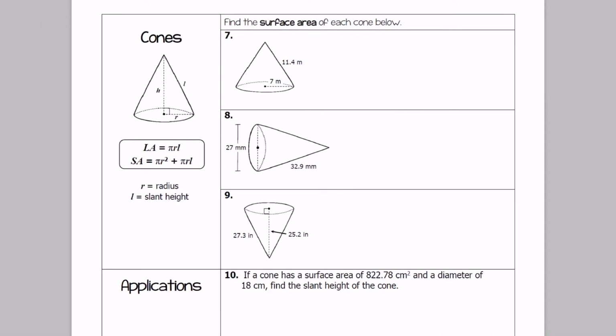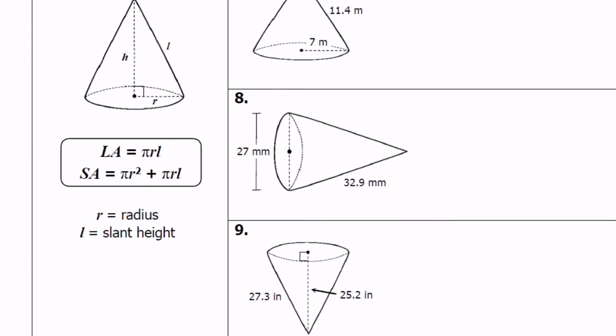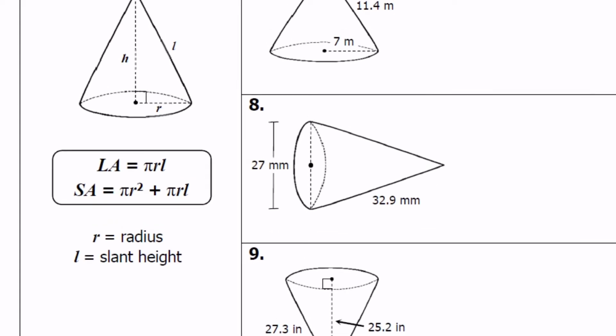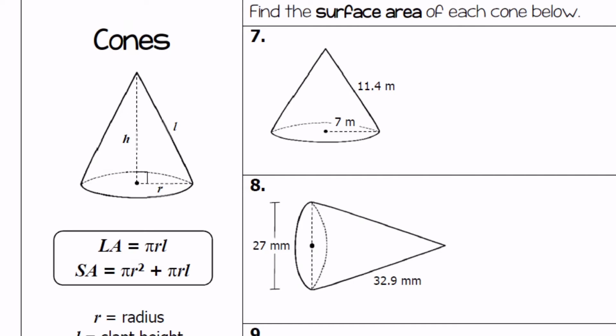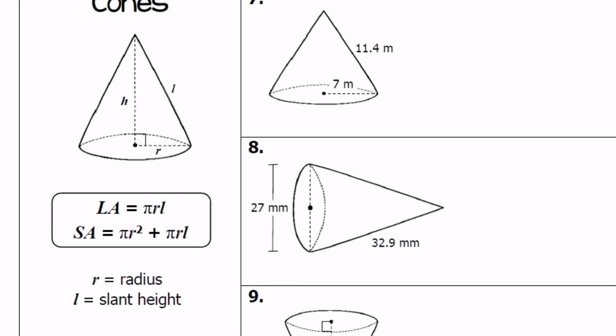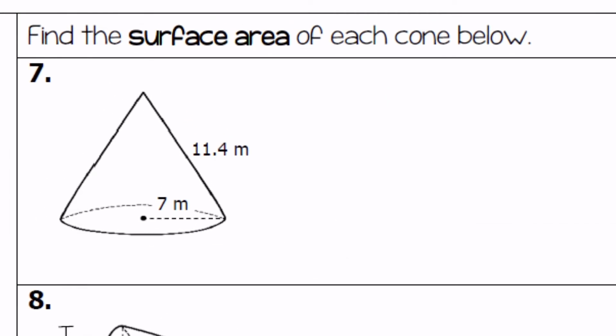Let's flip it over and look at the surface area of cones. Surface area of cones, again, is very similar and very, very simple. You find your lateral area by taking pi times the radius times the slant height. Then to find the surface area, you use that lateral area plus the area of the circle that is the base, so pi r squared. So if I were looking at number 7, surface area would equal